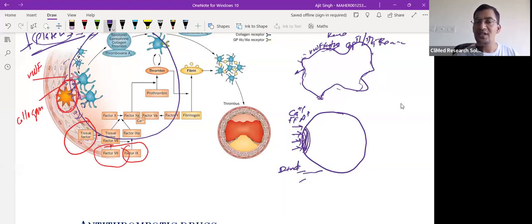dead items, meaning it could be bacteria, virus, RBCs, dead RBCs, other platelets, they are also coming and started aggregating here. So they are not getting activated, but they are just getting stuck in this platelet mass. These items are also getting stuck in this platelet mass and making this plaque strong. Okay, this is one phenomenon. Still this plaque is very soft until and unless the